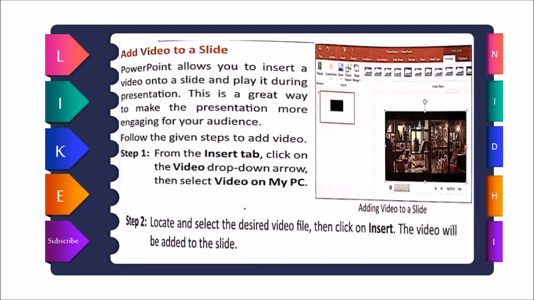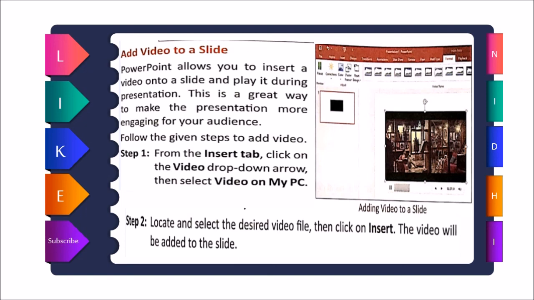So there are 2 steps by which we can place a video on your slide. Step 1 is from the Insert tab, click on the video drop-down arrow and then select the video from your PC, and that video will appear here. Step 2 is locate and select the desired video file and then click on insert.